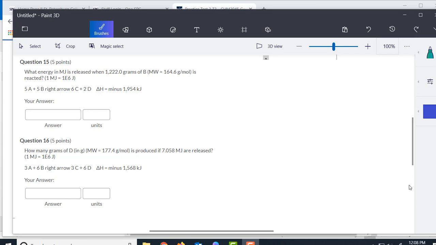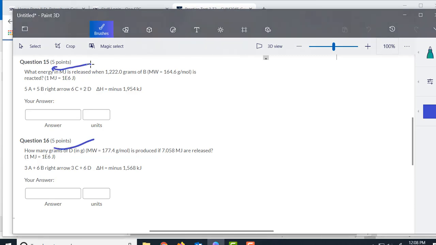Alright, so we've got two problems here that are asking for two different things. This one here is asking for energy, and this one here is asking for a mass in grams. So let's go ahead and start with this one. We're starting out with the number of grams, and we're going to find the energy. So it'll be